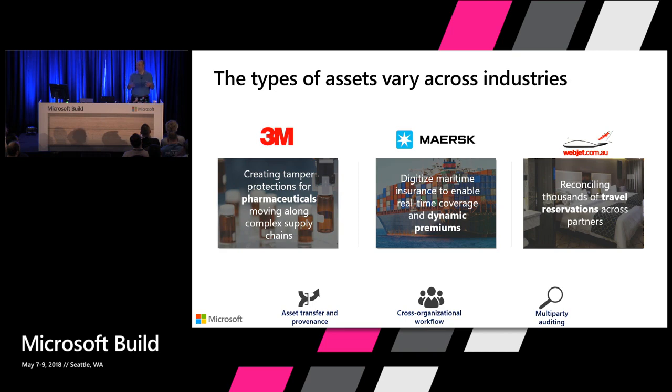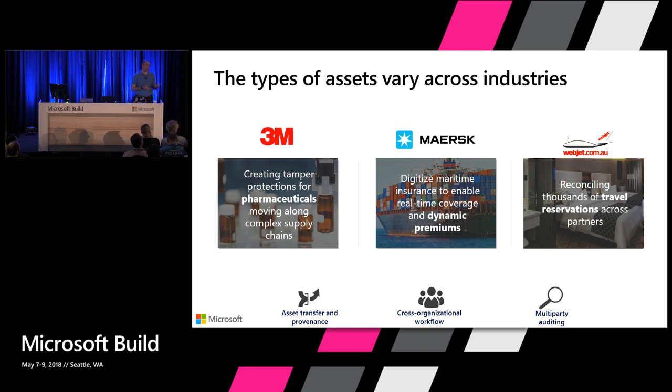And they're using blockchain to determine who had possession of the stuff when it was tampered with. And so you can then, first of all, stop adulterated pharmaceuticals from entering the hands of customers. Not only that, you can also hold the responsible party accountable for that. So that's one of the things that 3M is doing, which is a physical goods example.